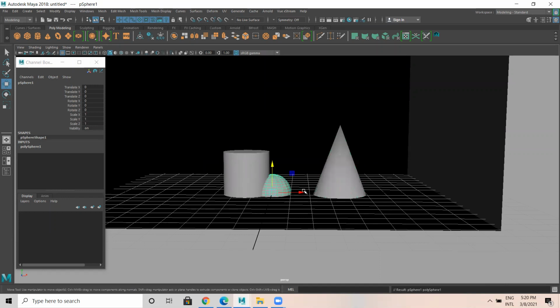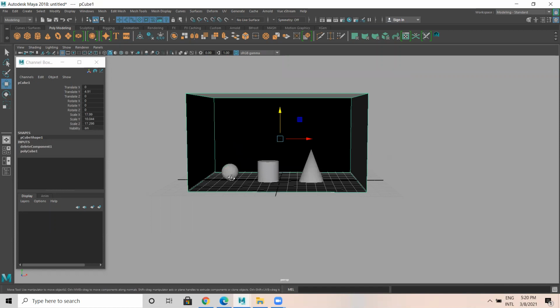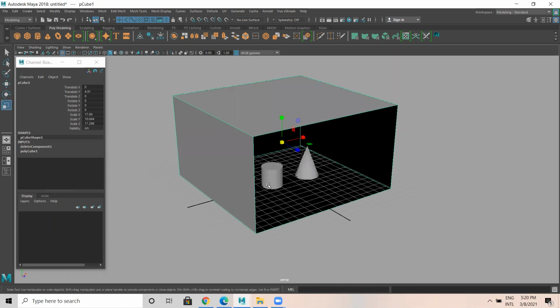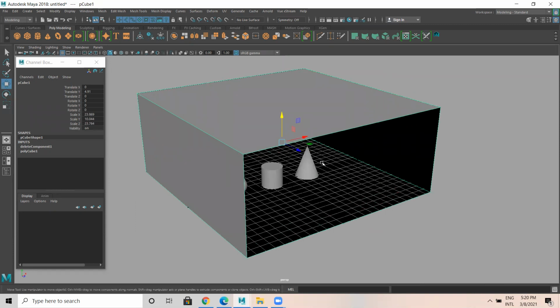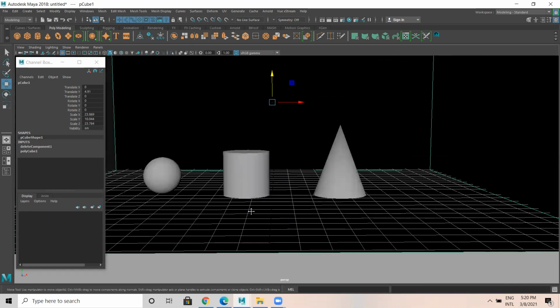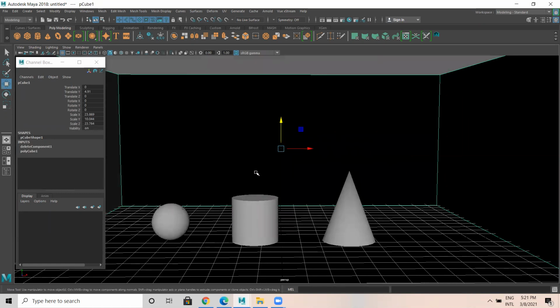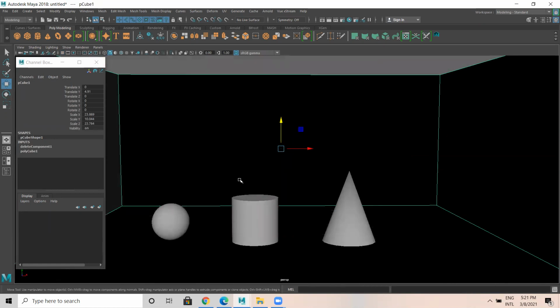Let's take a sphere also. Okay, so when we look into this, let us see these default objects over here.